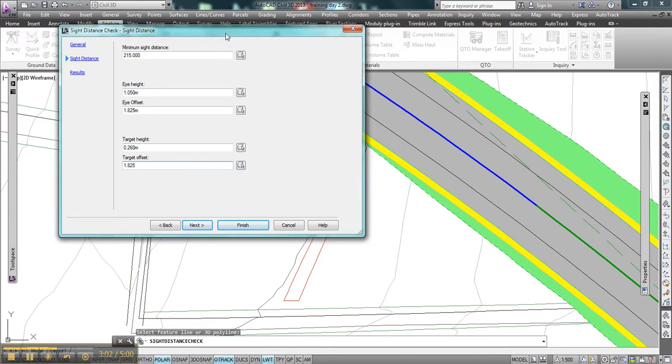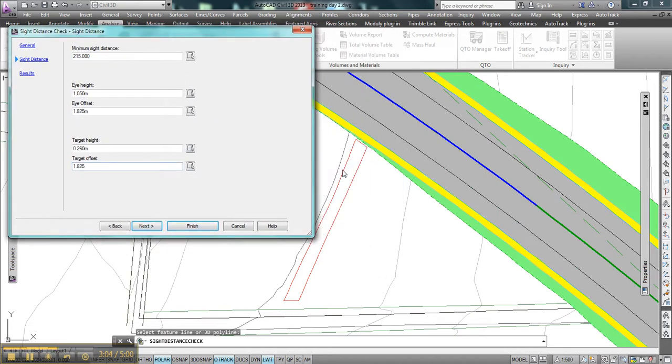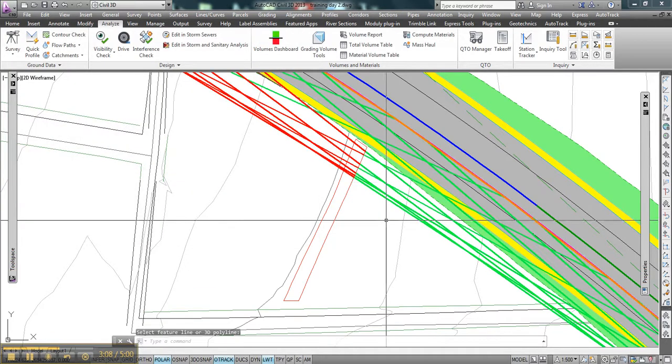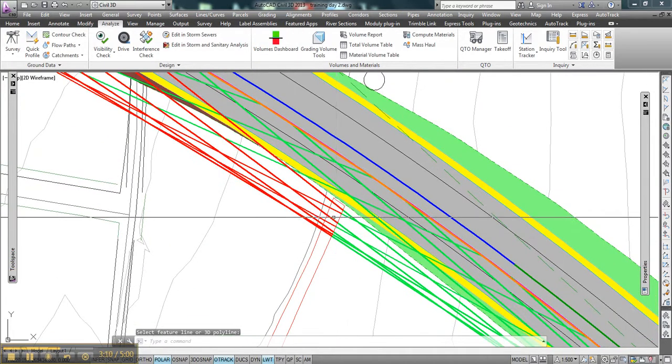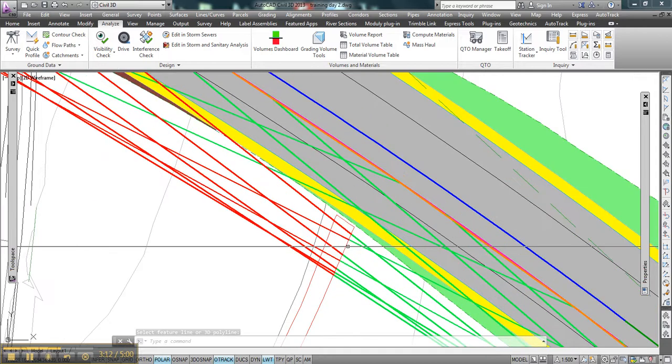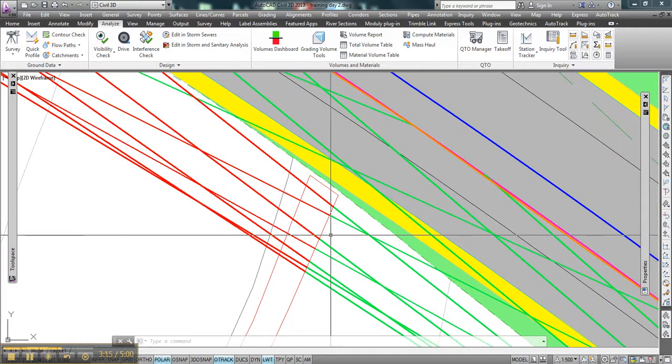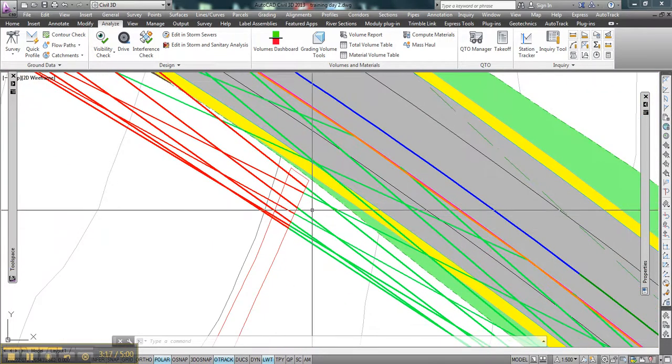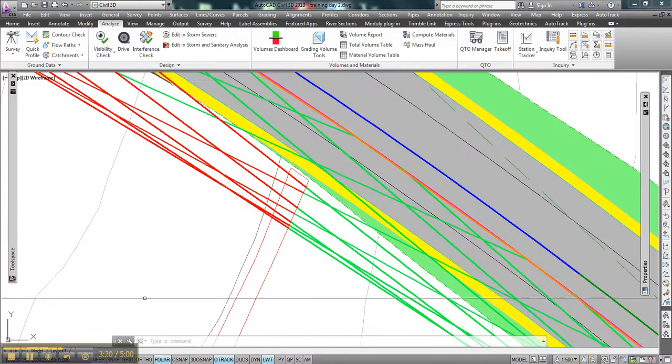And what I'll see then is hatching here where my site lines are obstructed by this wall. So click finish, and I can see here where my sight lines have been obstructed. Okay, so they're hitting this wall, and that's where I've got my obstruction. Okay, so very quickly